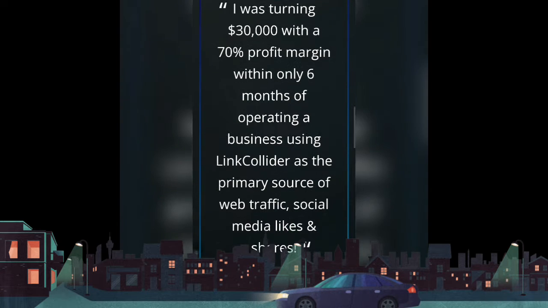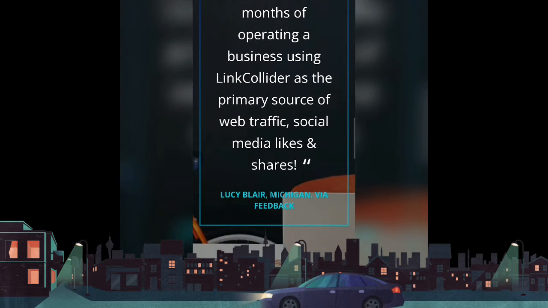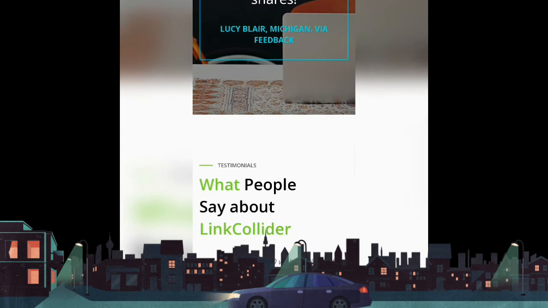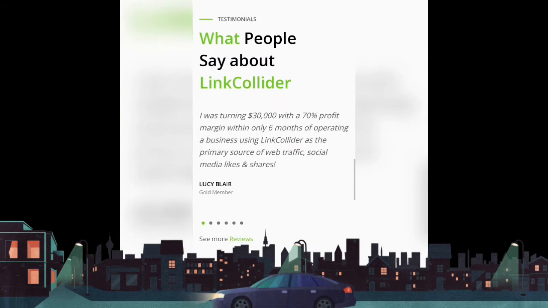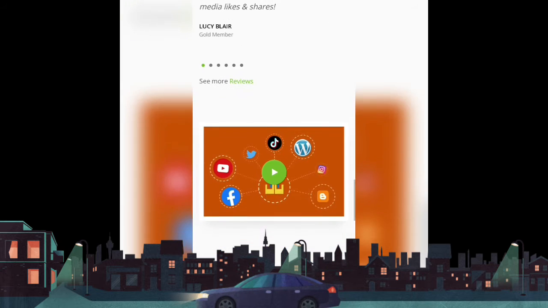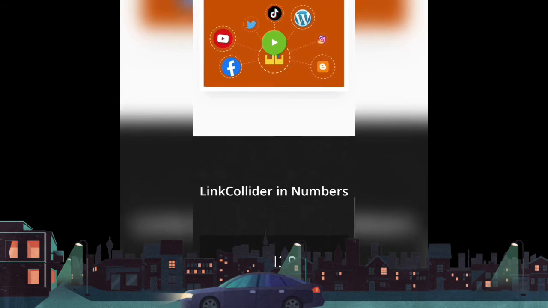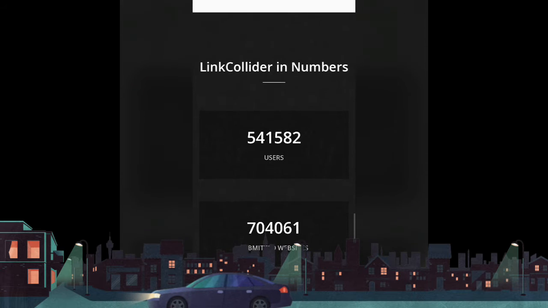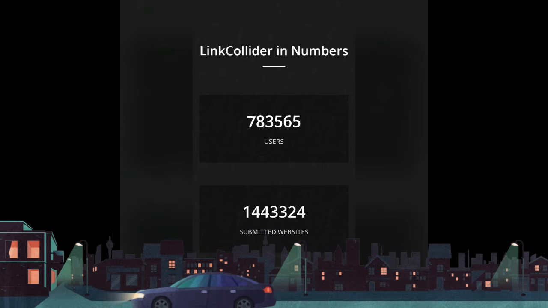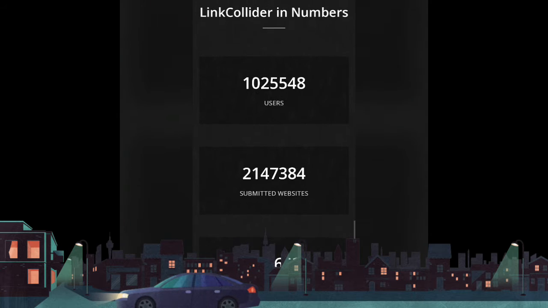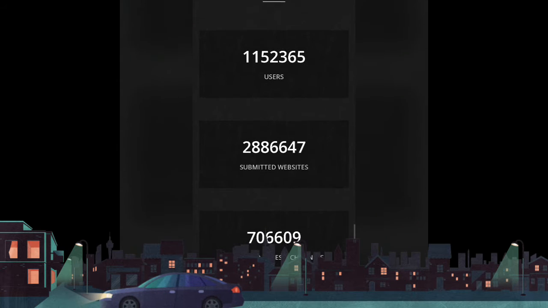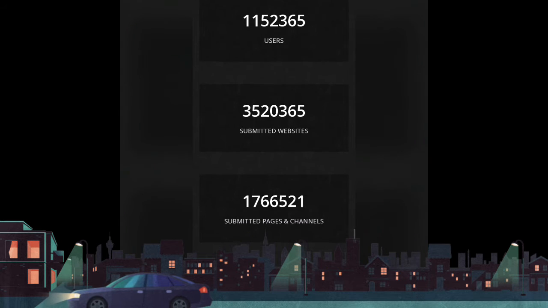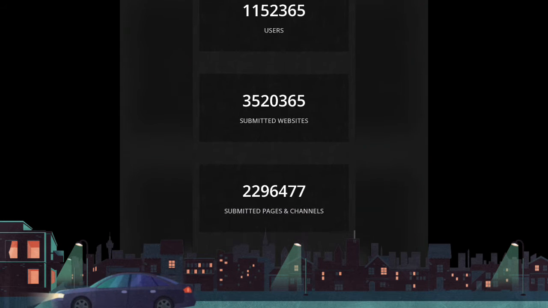Now scroll down and see more. See, these are live users. It is approximately, I think, more than lakhs, and submitted websites are also more than lakhs.